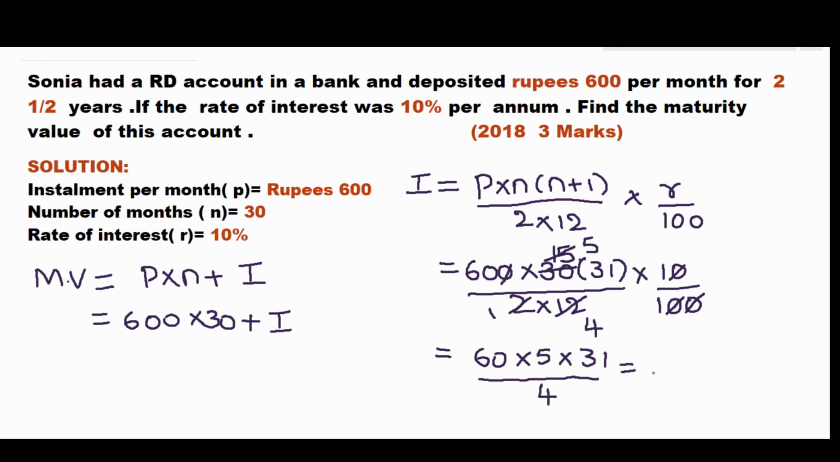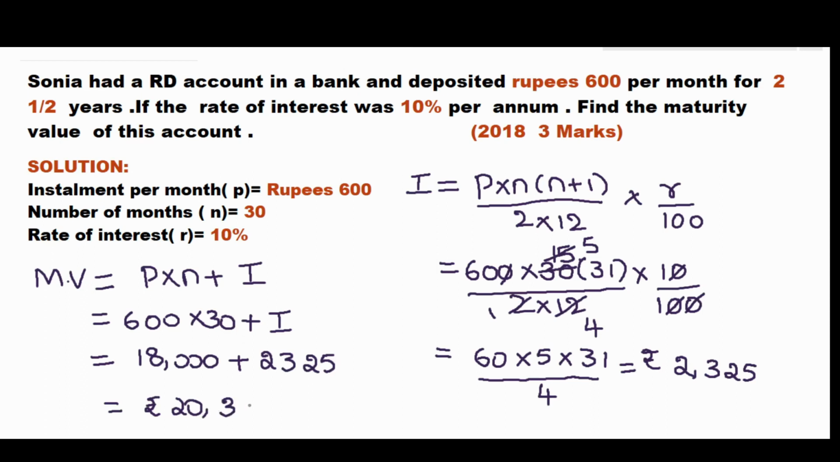So on substituting all the terms, on multiplying and dividing the terms, I'll be landing with rupees 2325. Then let me substitute this I value in the main formula. So 600 into 30, I'll be getting 18,000 plus 2325 as the interest. Altogether, the maturity value will be 20,325 rupees. Therefore, the maturity value for this account will be